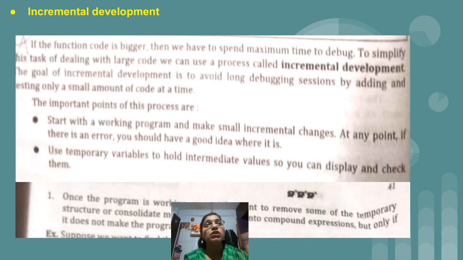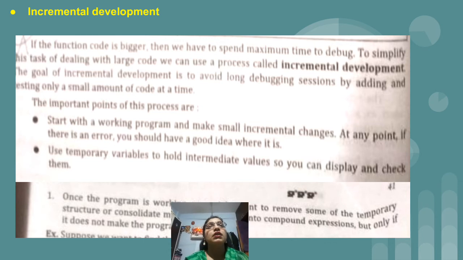We store the actual value inside the temp variable, and from the temporary variable we can easily find out whether we are getting the correct output or not. And then once the program is working, once you are ready with the program, remove some temporary structure and consolidate them into compound statements. Sometimes, just to see the error, most of the time we print the value of a particular variable.